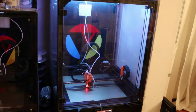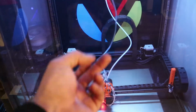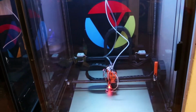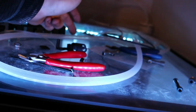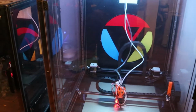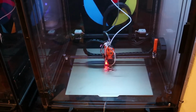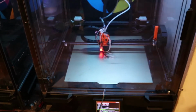I might try to figure out something better, or I might just get a braided sheath, like a wire loom, and wrap that around. But some people have put a hole in the center. That really is the smarter way to do this. But even in the center, it's still a problem if you print very tall objects. I'm gonna see what Jesse Pruitt does, because he prints the giant dinosaurs. But anyway,